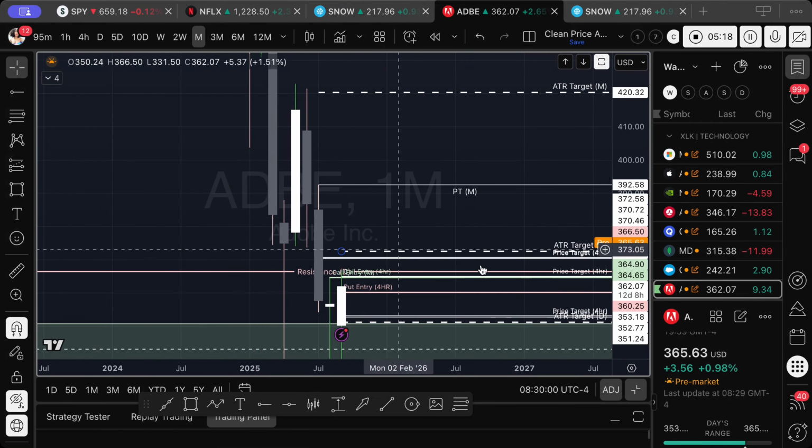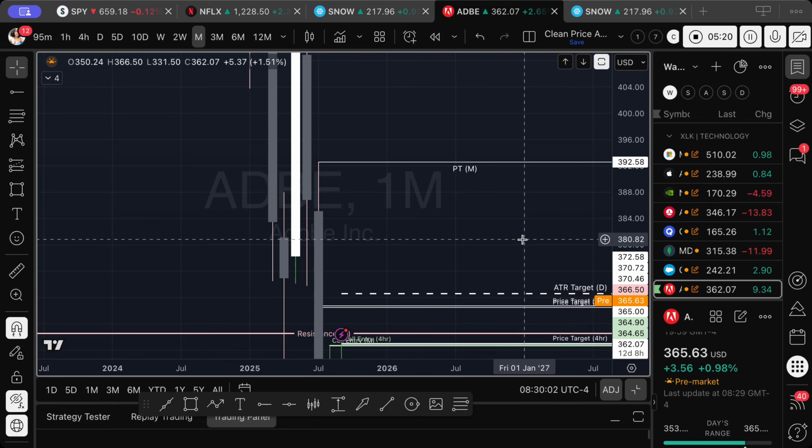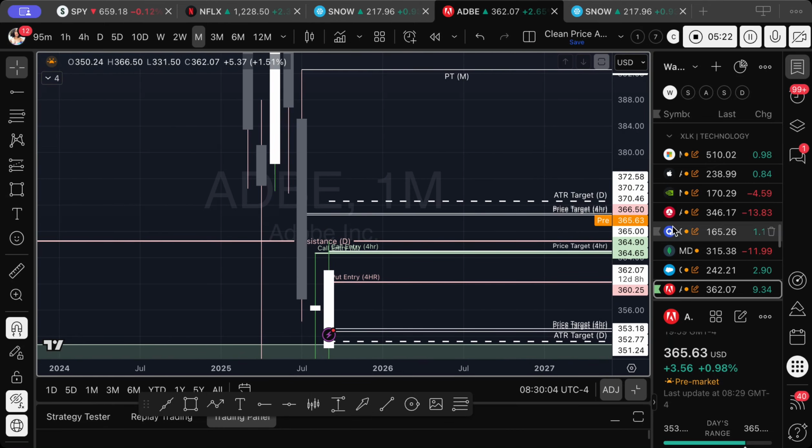All right, perfect. So now, since we are currently above our monthly trigger, I do want to see that we have some strength and momentum in market structure,